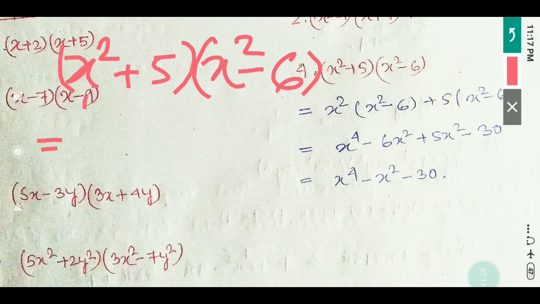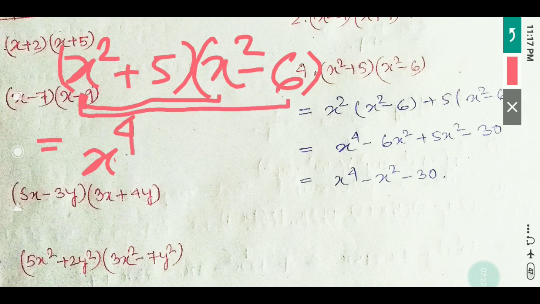See, with the first term you have to do the multiplication of this first term. So x² into x² will be x⁴. Now with this first term, multiply the second term. That means one by one you have to go. First you complete the first term's work, then you go for the second term. So x² into 6: here minus is there, here plus is there, so minus 6x². So the x² work is finished.